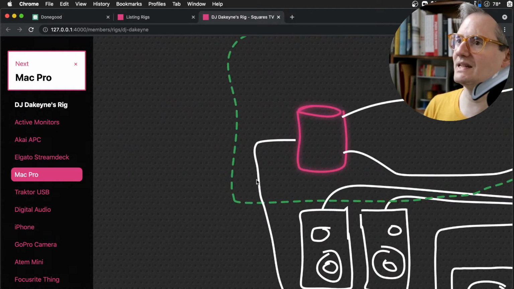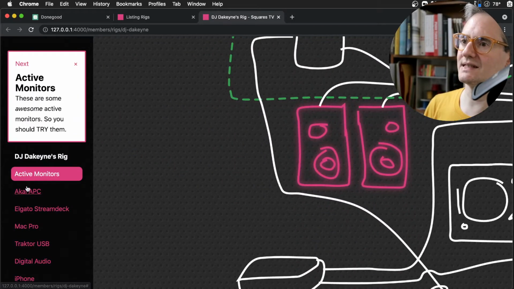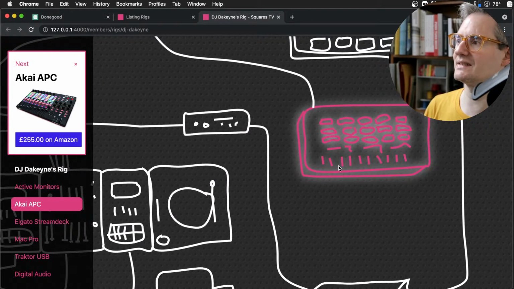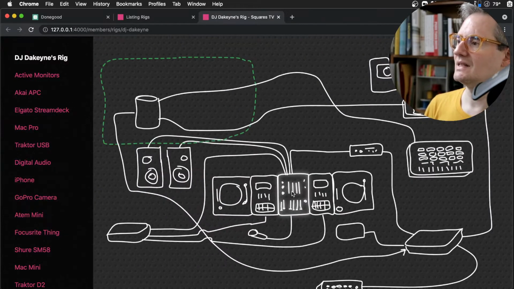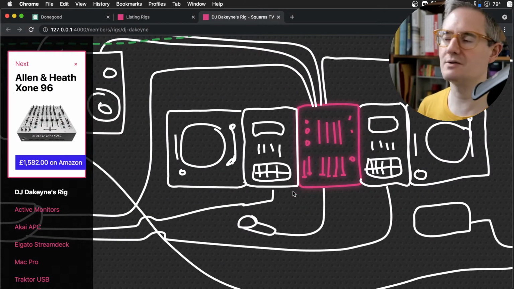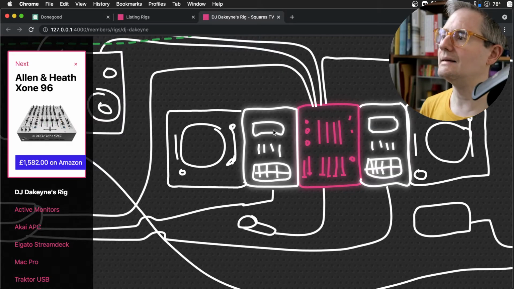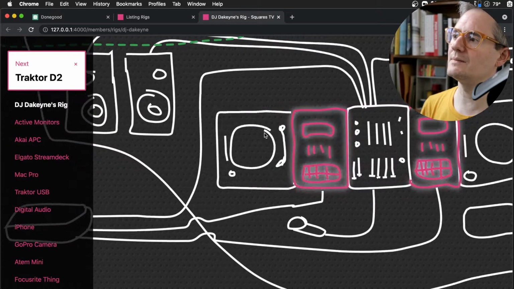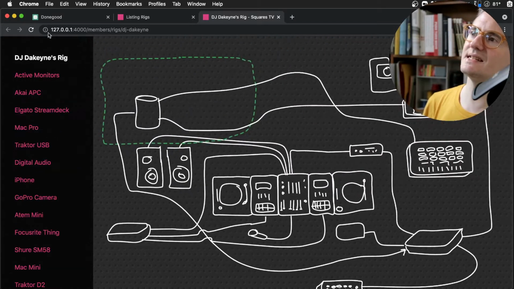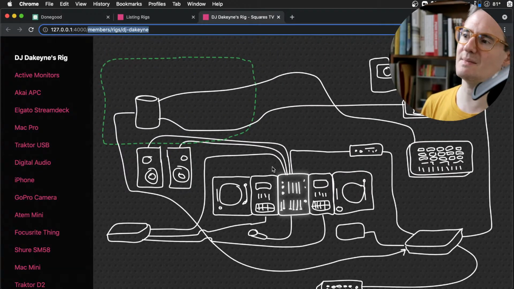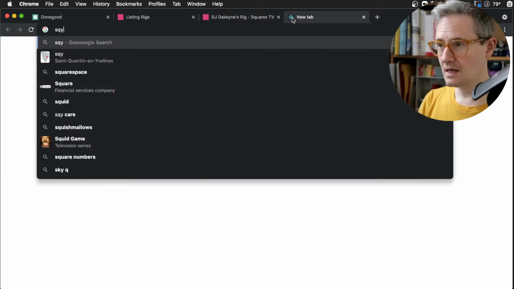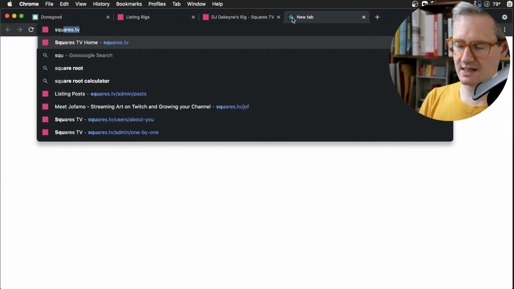So you click on something, and if I've got an Amazon link, if it's a thing that you can get on Amazon, and I've applied to Reverb, who I prefer for audio stuff, their affiliate program, so I can create links for all these things. And basically, this is a members only tool. So you'll be on, say, Squares TV /